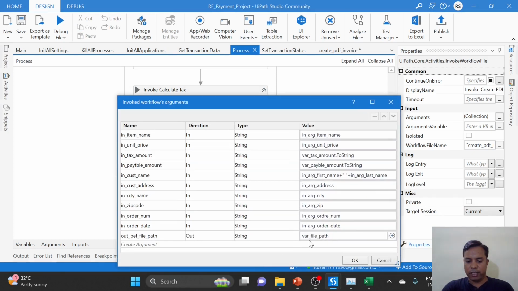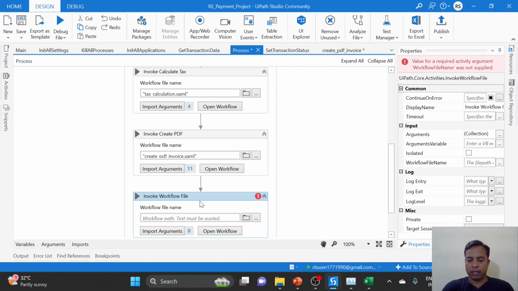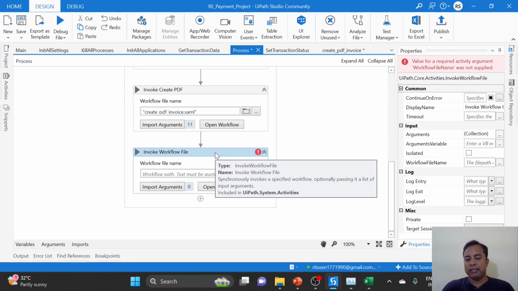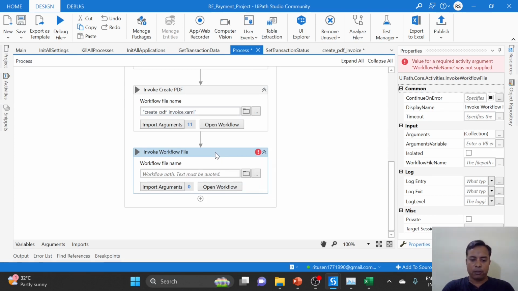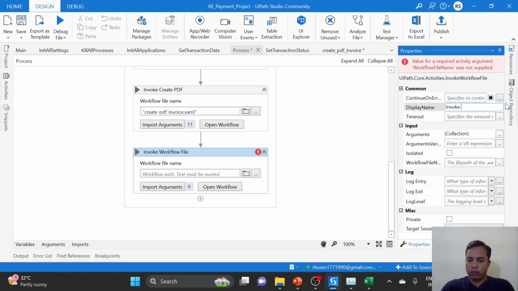So now the file path that we have just assigned, this same file path we are giving to a variable in process workflow. So when we create the next to next workflow for sending email, at that time we will be using the file path to attach the file while sending the email. Okay, so now here we have to invoke another workflow, that is invoke